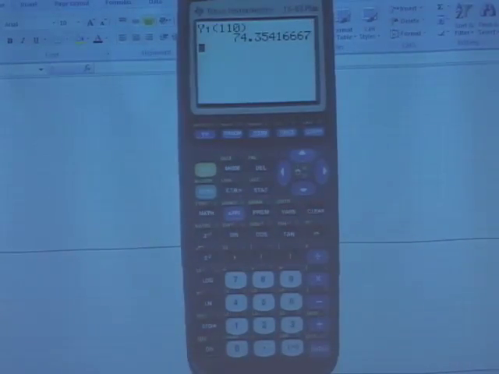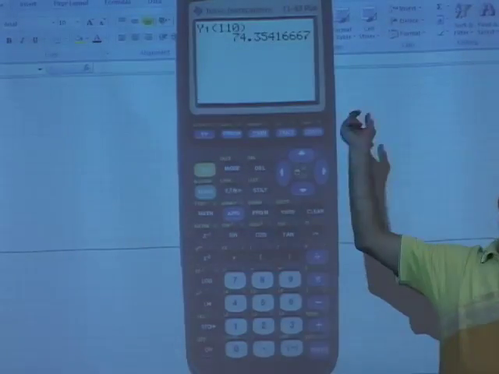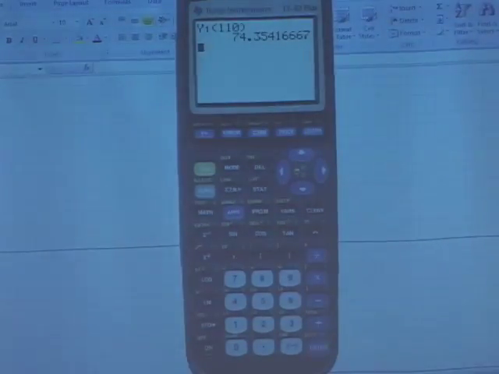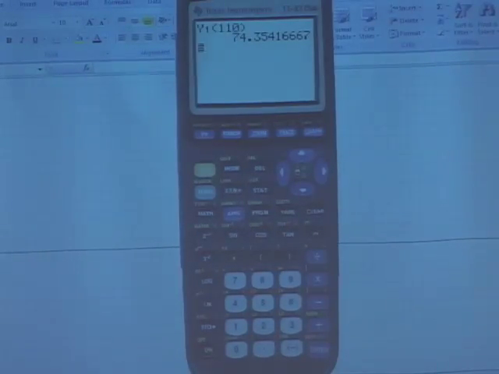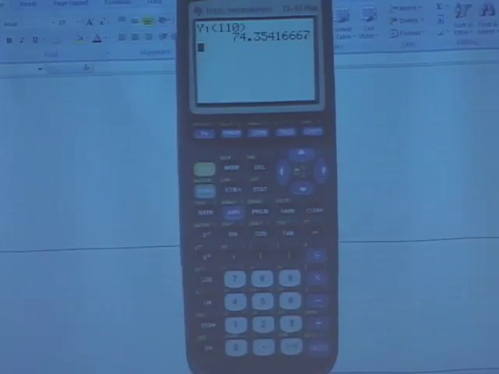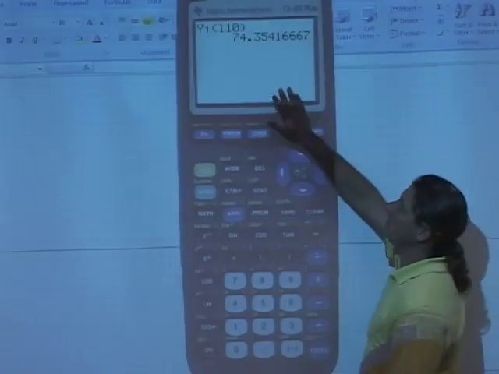You should get the same answer. Under variables, go to Y variables, function. And then choose the option. You see Y1? And then put in parentheses whatever value. Something nice about this way of doing things is the window doesn't have to fit